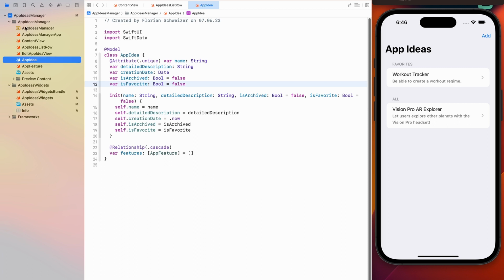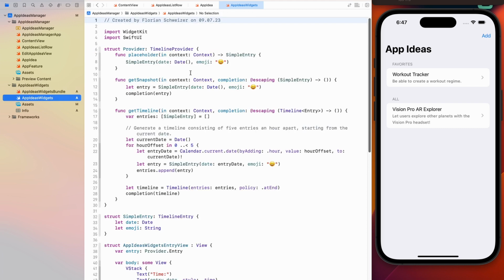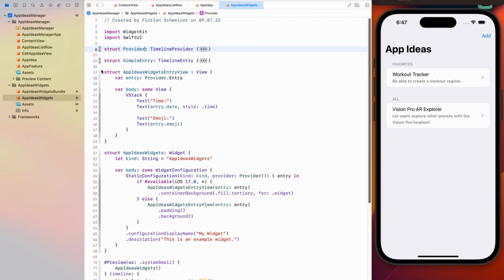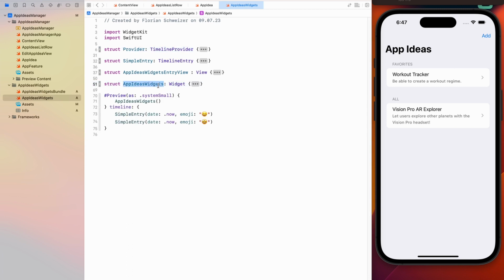Okay, so in here we just generated this folder. We have our widgets bundle, which is a widget bundle. And then we also have our app ideas widgets file, which contains our timeline provider, our timeline entry, our widget entry view, and our app ideas widget, which is the actual widget. And then we also have a preview down here,